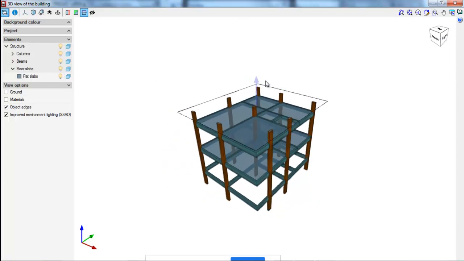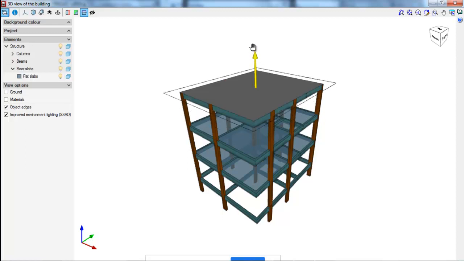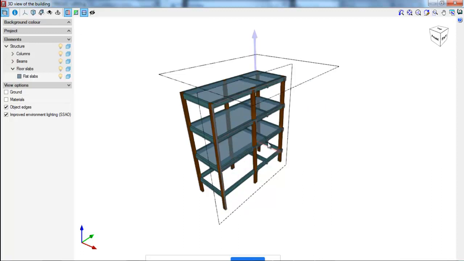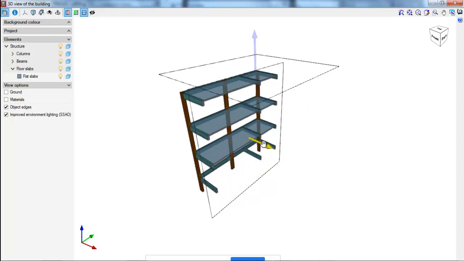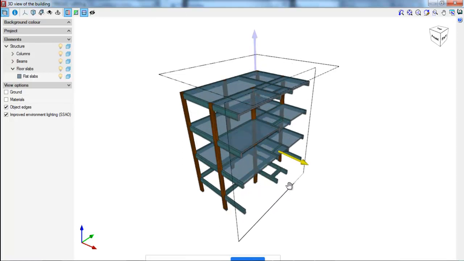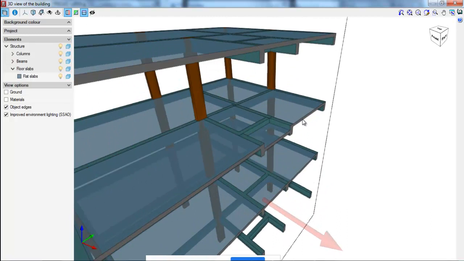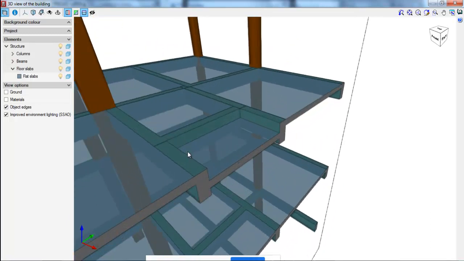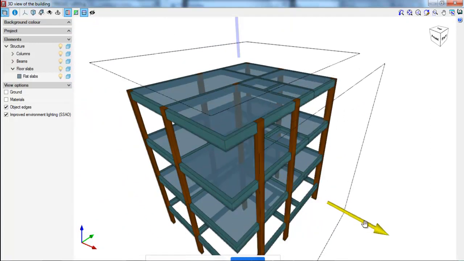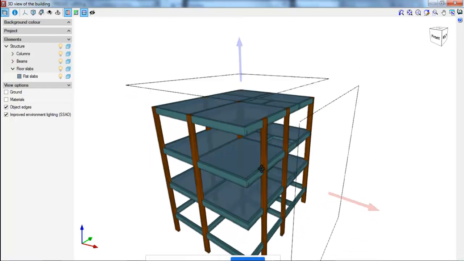In a cross section manner, you can see the cross section like this. You can also see the other cross section in the other direction. For example, if you want to see the cross section in this direction, you see this is the cross section here. And you can see it very clearly, the sunken slab cross section. Whatever is the cross section related to the sunken slab is also visible here. So this option you can utilize anytime.